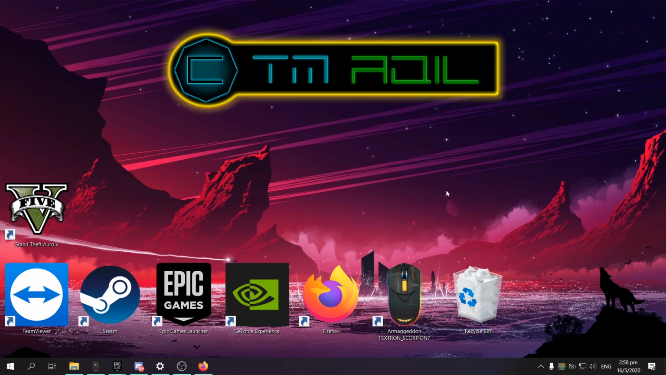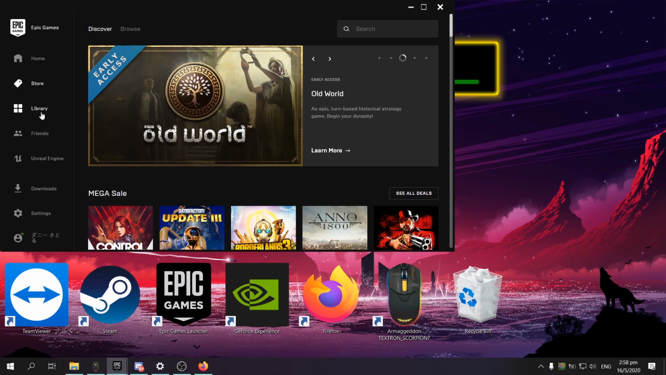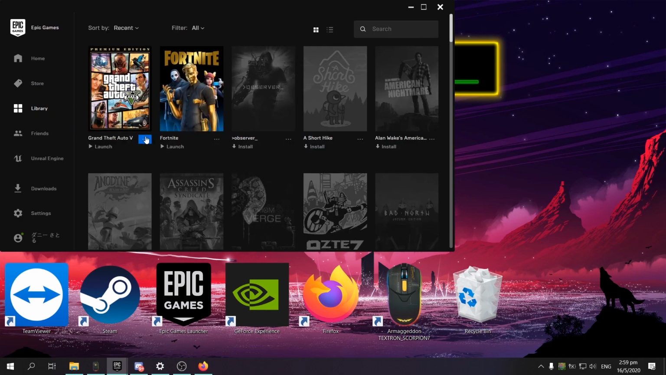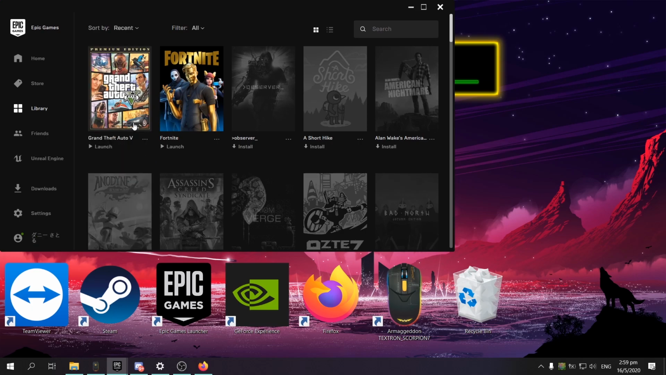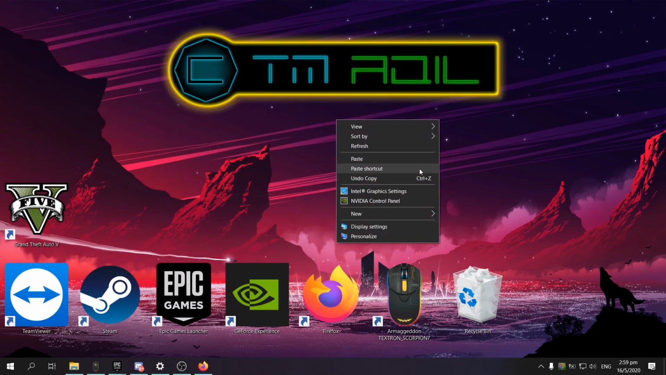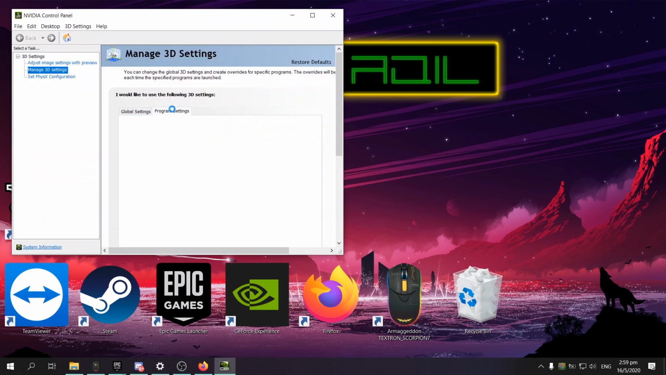The first thing you have to do is make sure you have downloaded your GTA 5 and clicked verify. After you have verified, I'm not going to verify because I already did and it will take some time. After you click verify, right click, go to NVIDIA Control Panel, go to program settings,